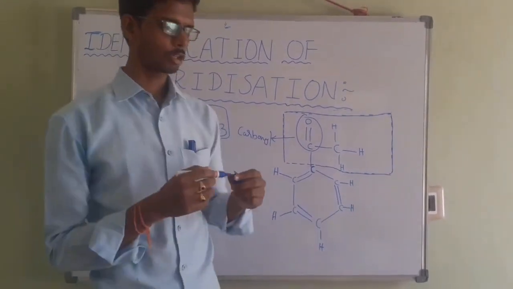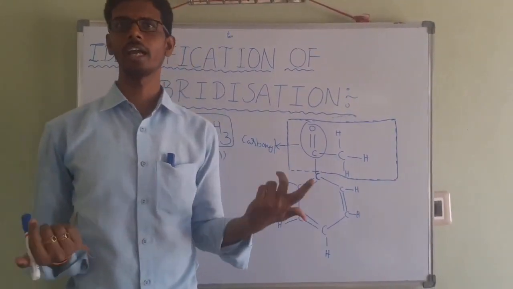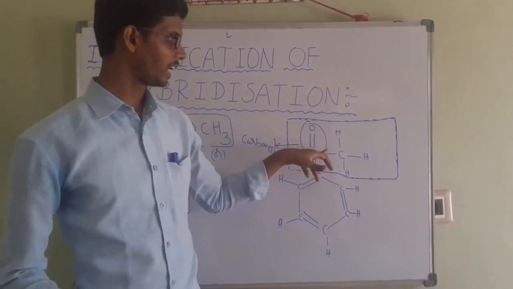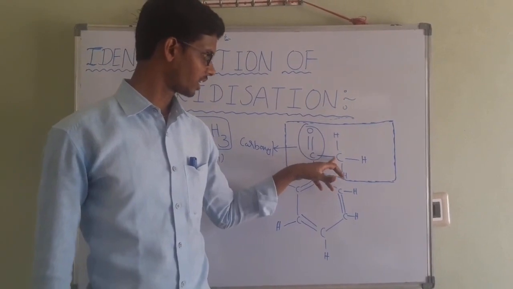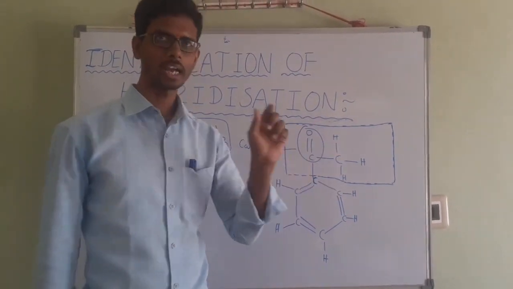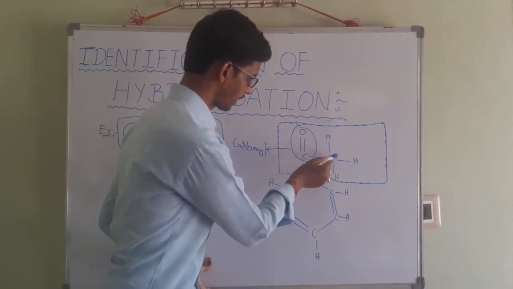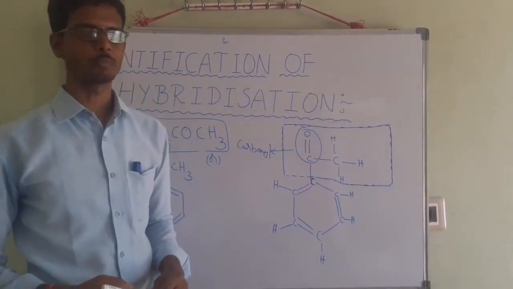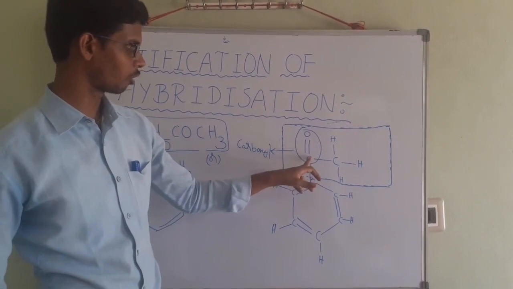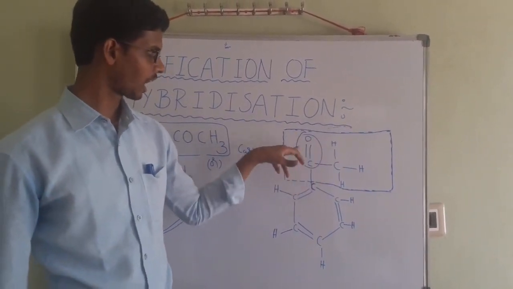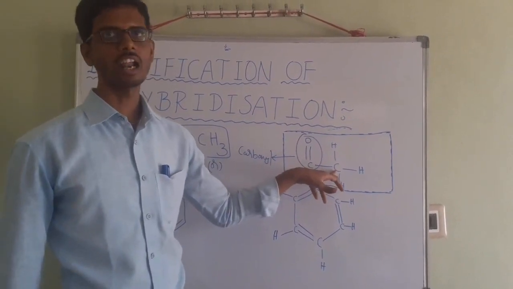This carbonyl functional group is further divided into 2 types, aldehyde or ketone. If this CO is directly linked to a hydrogen, it is called an aldehyde. Otherwise, if a carbon chain is present, it is called a ketone. This carbonyl group belongs to the ketone series. Why? Because this CO carbon is attached to a further alkyl chain.